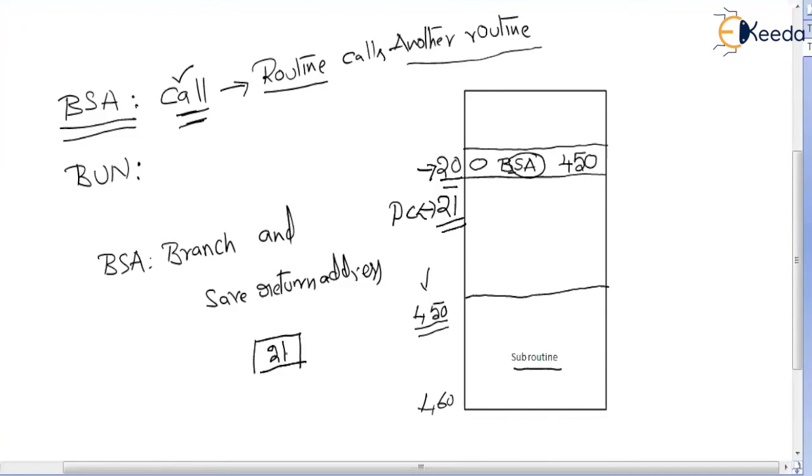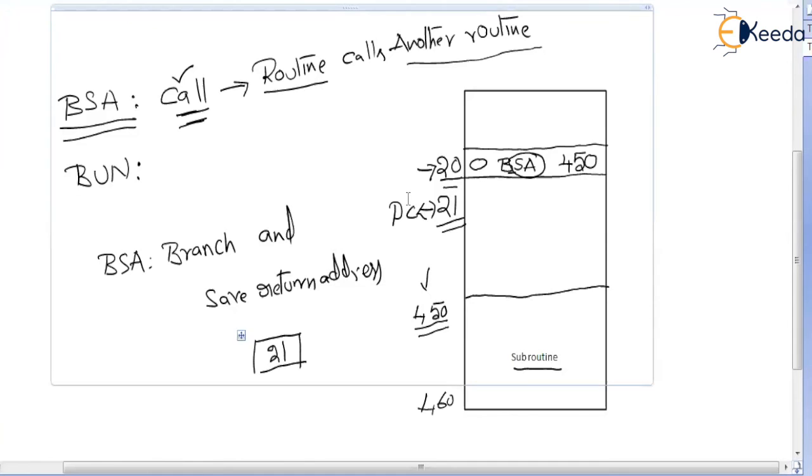Now let us stay focused once again. What is the sequence of operations that are going to take place? Now, so far so good. Till the 19th instruction, the program is executing very smoothly. But the 20th instruction is a branch instruction. This instruction is asking us to branch to 450, but before that, we should be able to save this program counter value. So we saved the program counter value. What is the purpose of saving the program counter value? In order to return back after the subroutine is executed, we should return back to the previous calling routine.